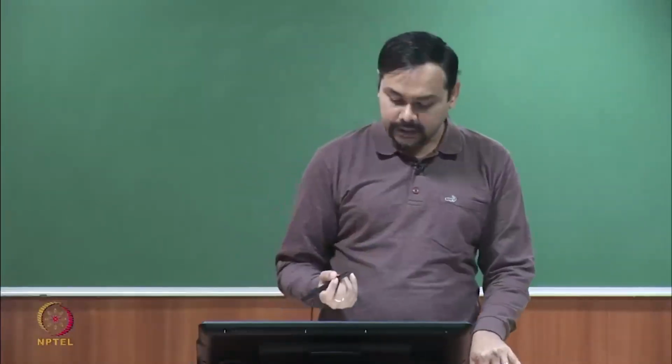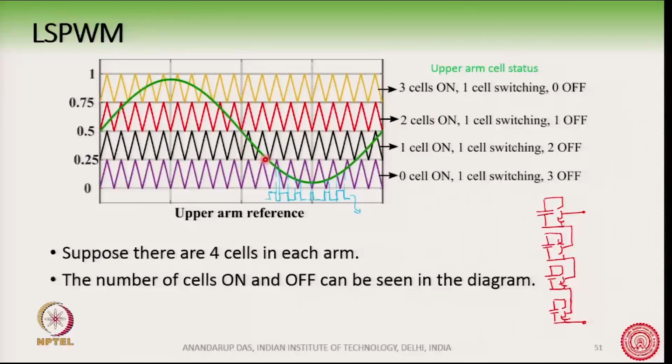Of course, we understand that one cell will be doing the switching action here, because the reference and the carrier are getting compared here. So, there will be a switching action here and there will also be a switching action here. One cell will be responsible for doing the switching action here and here,